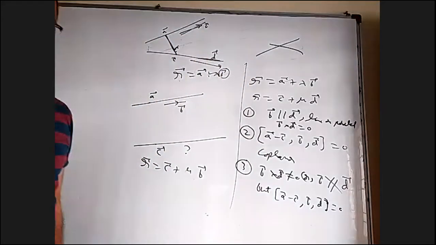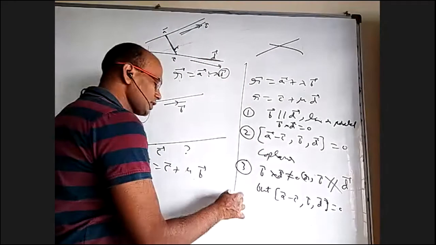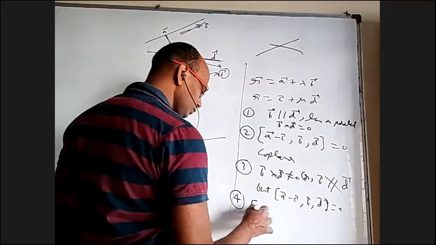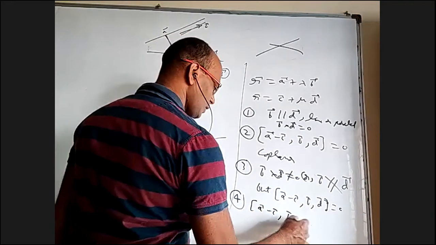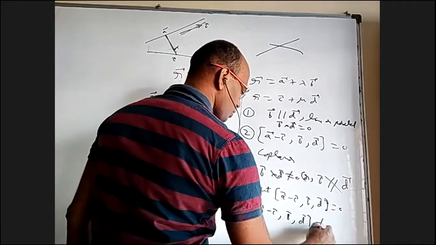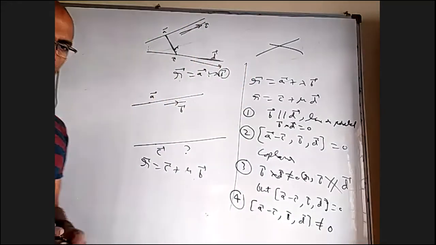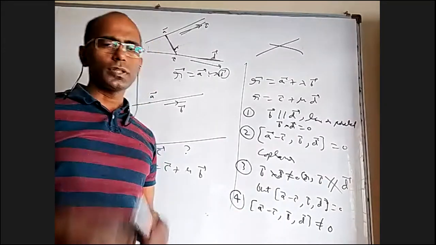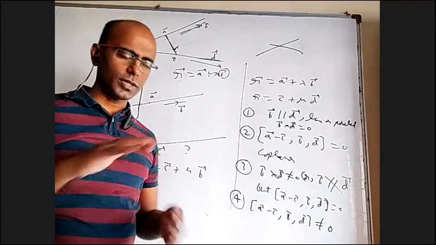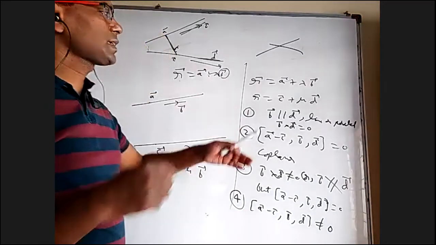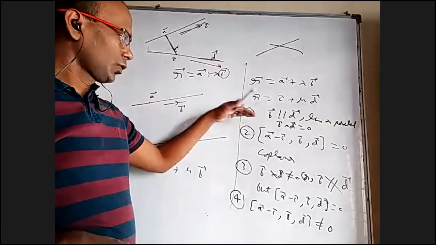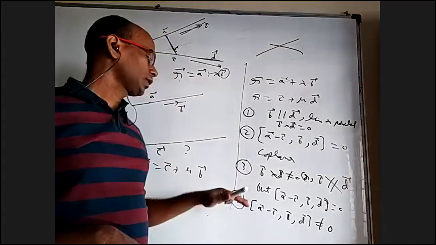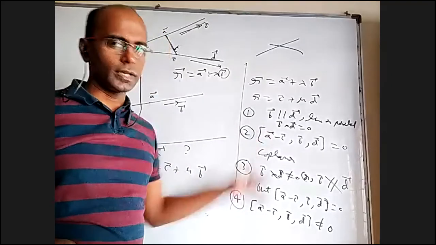Then they are intersecting lines. How will you know they are skew lines? This determinant, this box, should not be 0, because they should not be coplanar. Box A minus C, B, D, if it is not 0, then they are non-coplanar. They are not parallel also, because if it's parallel, that is 0. So they are not in one plane, means they are in two different planes, so they are skew lines. So when two lines are given, we can tell whether they are parallel or not, coplanar or not, intersecting or not, and skew lines or not.